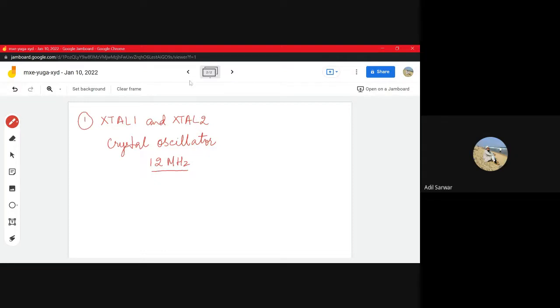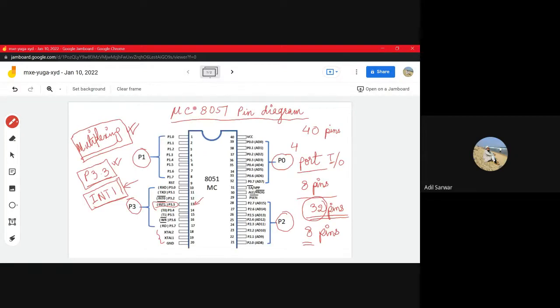You see, a microcontroller works when it receives a clock signal. Okay, and each step that is executed in a microcontroller happens when it receives a pulse,